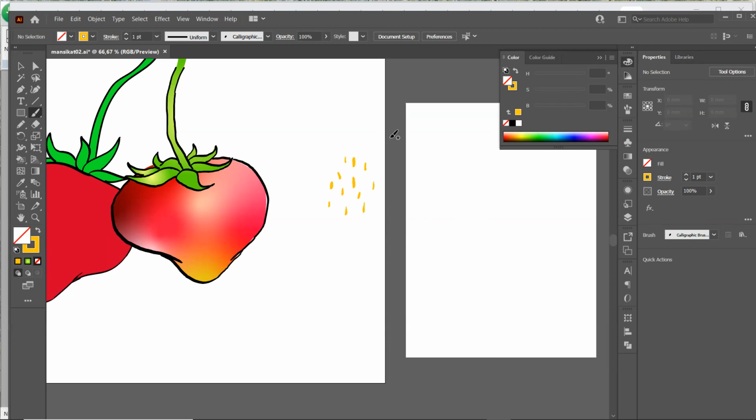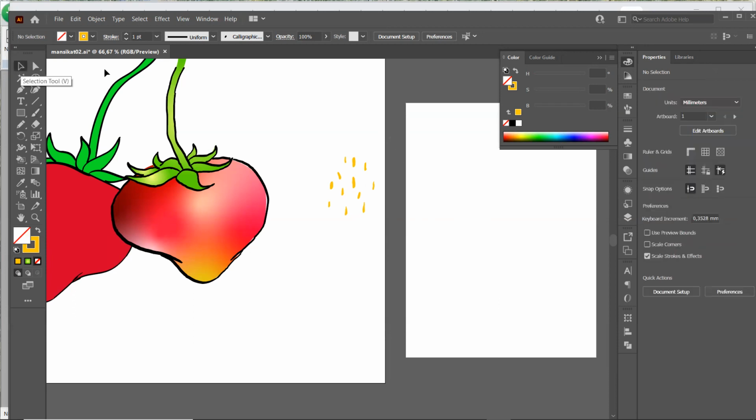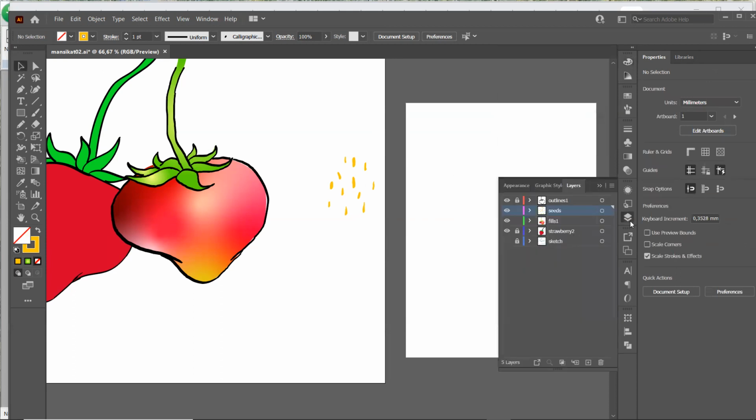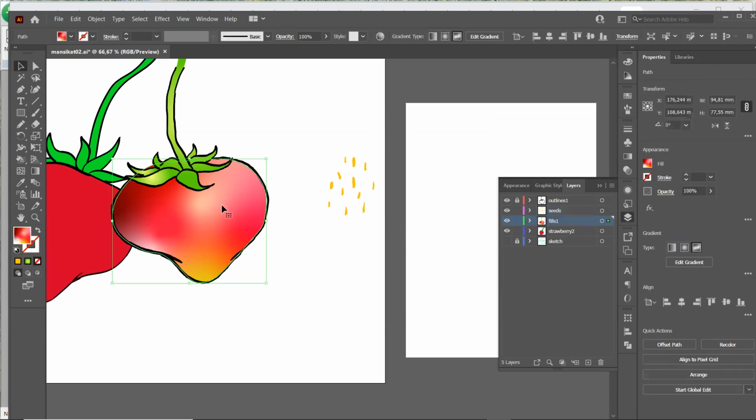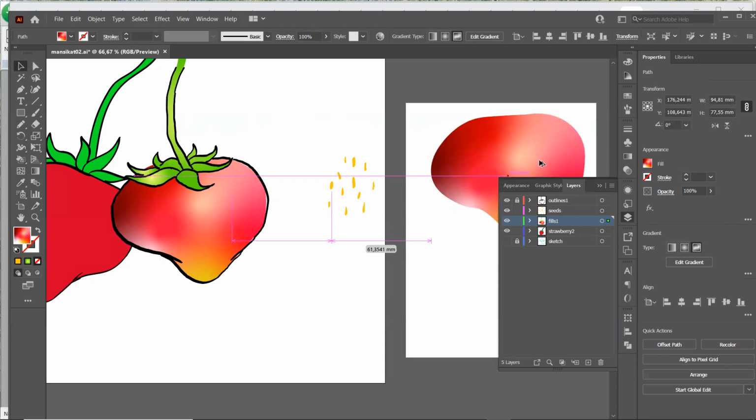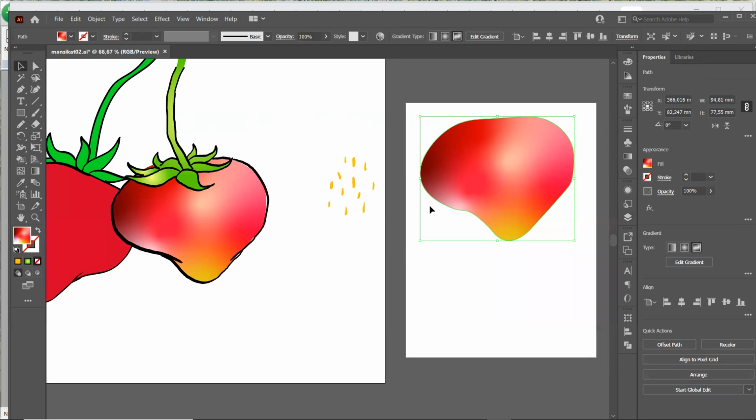One way of doing this, oh wait, first I'll just copy the strawberry, or only the surface here. I'll make a duplicate of this over here so I can try out different stuff there. Okay, one way of doing this would be maybe to make it into a pattern fill. So,